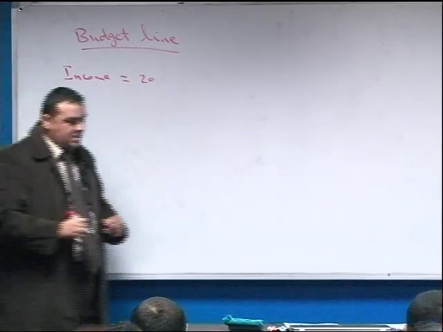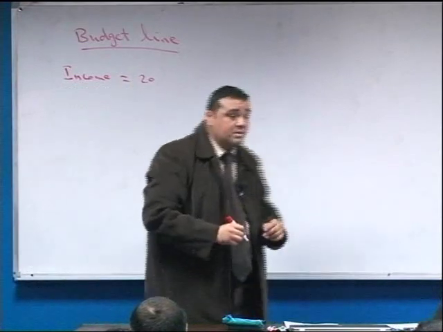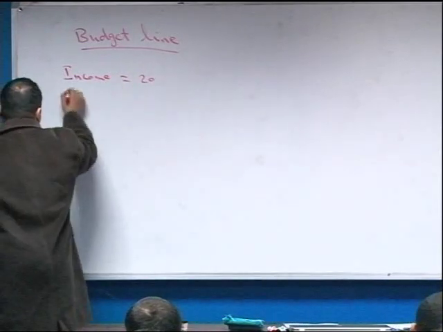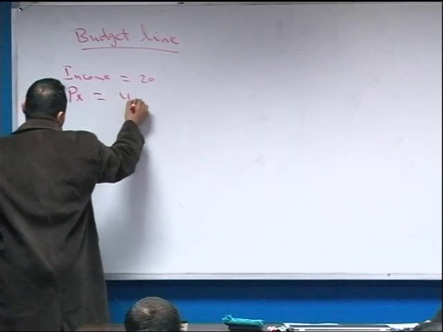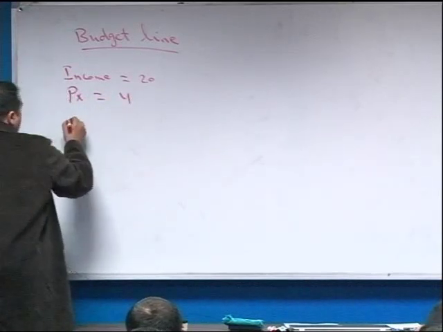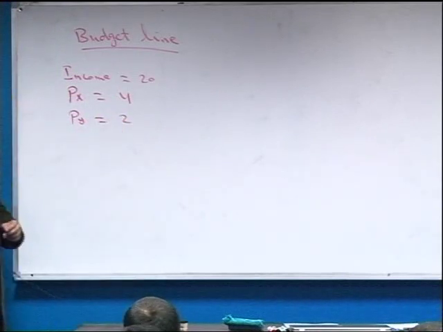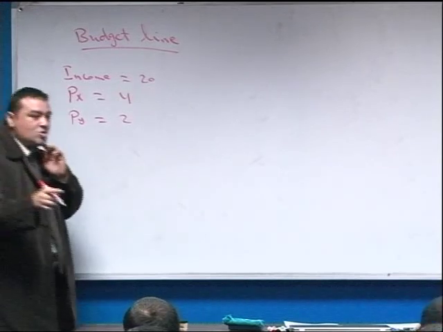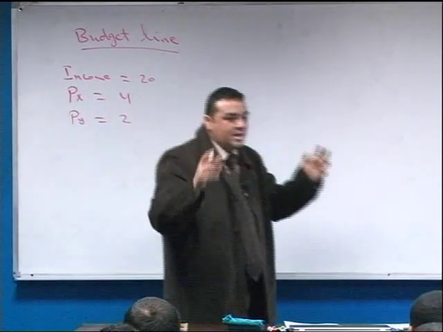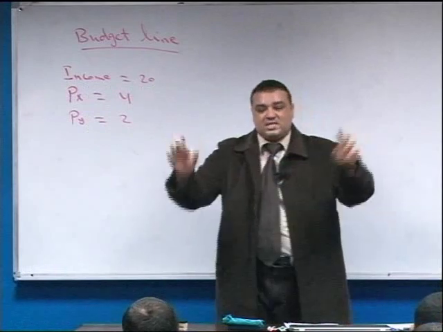And the price of X, suppose it was $4 per unit. Price of X equals $4 per unit. And the price of Y equals $2 per unit. If you decided to spend all of your income to buy only X,